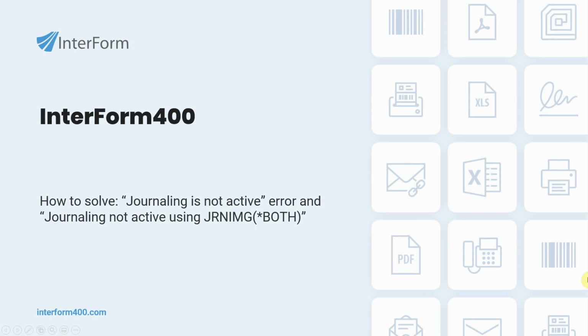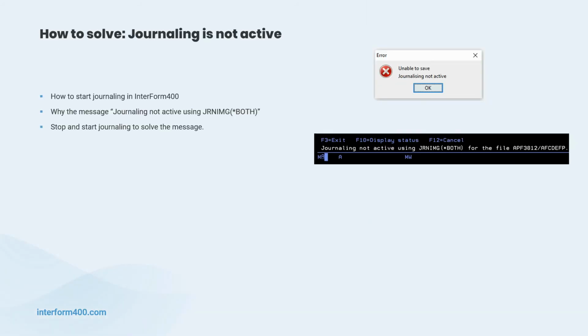In this video I'll show you how to solve the error messages "journaling is not active" and "journaling not active" using journal image *both. First of all, when you see the message journaling is not active, then you should consider to start journaling in